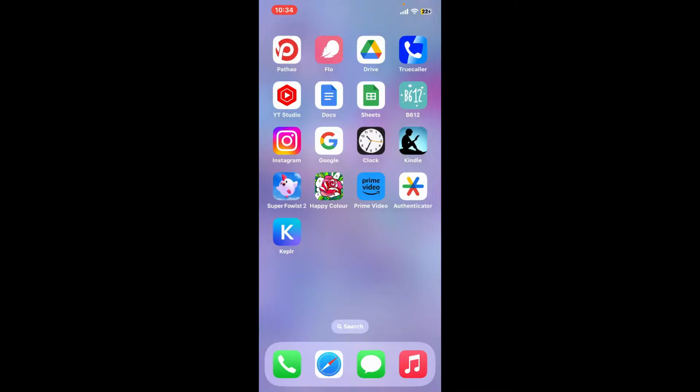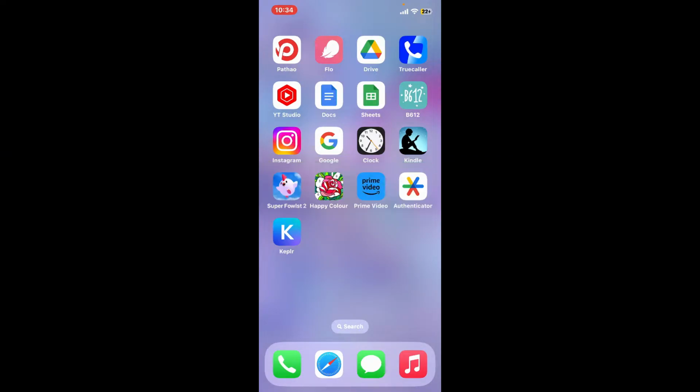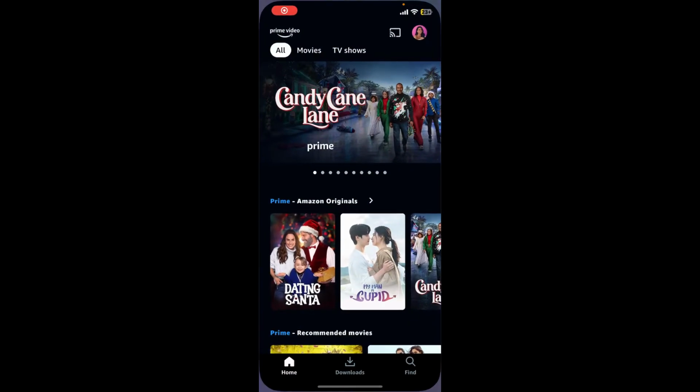In today's episode, I'm going to be showing you how to add a profile on Prime Video. If you want to add and create a new profile for your Prime Video account, then here is how you can easily do it. First of all, open your Prime Video application from your app drawer and make sure to